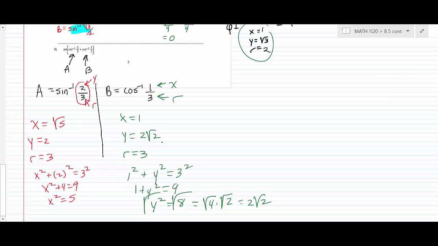Now, finishing up the problem is actually very easy. What we do is just write this down now as sine of A plus B. And we're going to pull out that identity that we learned for the sine of A plus B. And then we're going to put it all together. So if I do that, what I'm going to have is sine of A, cosine of B, same sign, plus, and then do it backwards. Cosine of A,